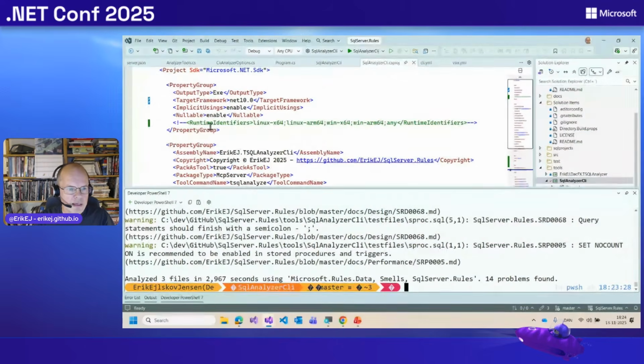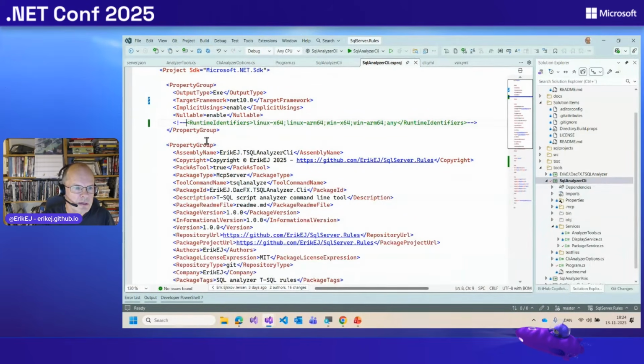One approach to that is that right now when you pack your tool, it's packed in a single NuGet package, so the whole NuGet package will have to be downloaded. But if you have a lot of unmanaged dependencies, you can actually split your package into multiple packages, and only the package that is relevant for your platform will then be downloaded.